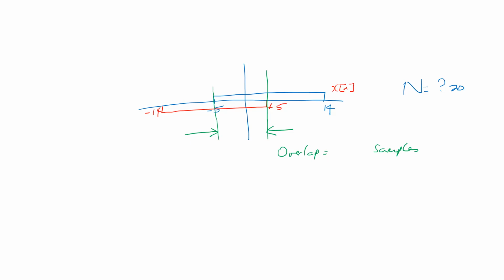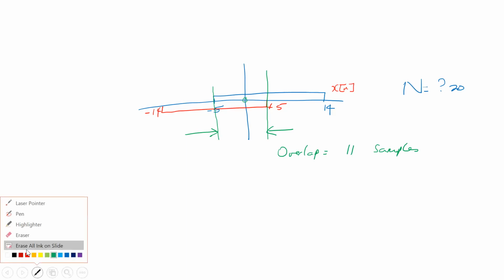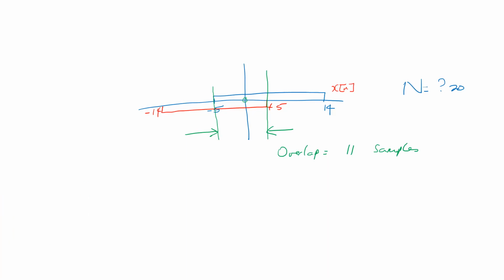11, right? Because remember, we're running from -5 to +5. Always remember there's a value at 0. So -5 to +5 are 11 samples. So if I have to start the convolution now, I have to shift the red sequence all the way back to here,